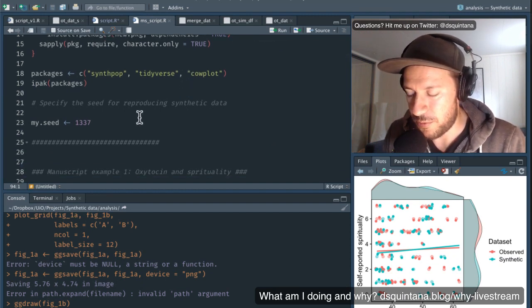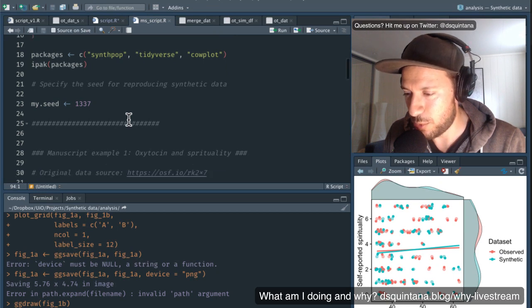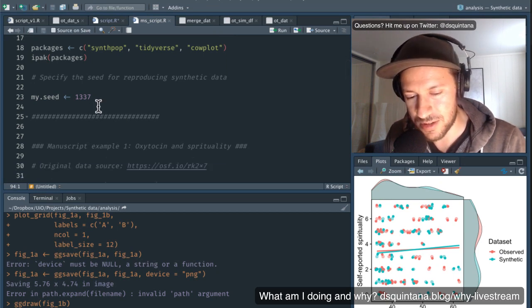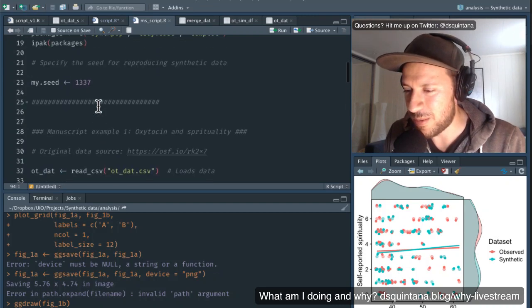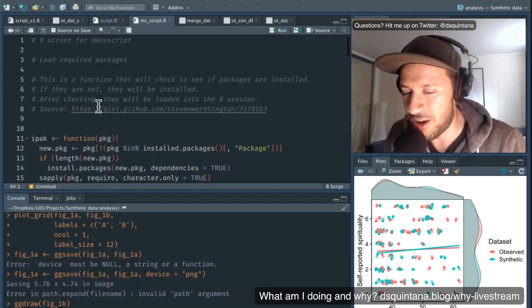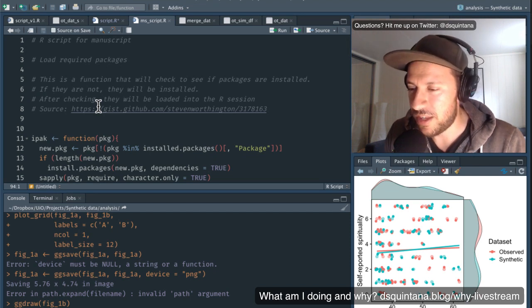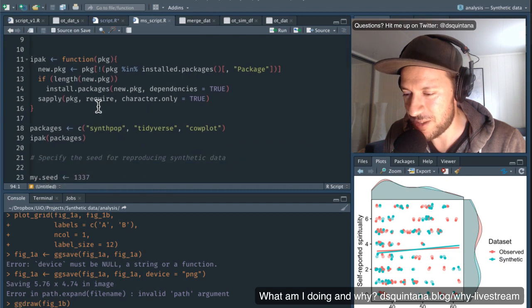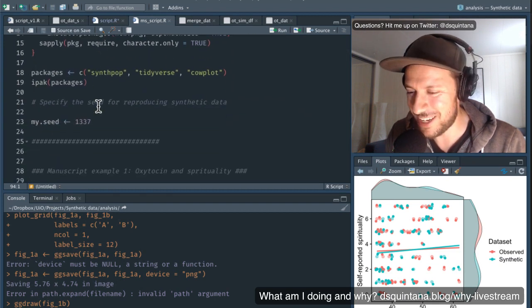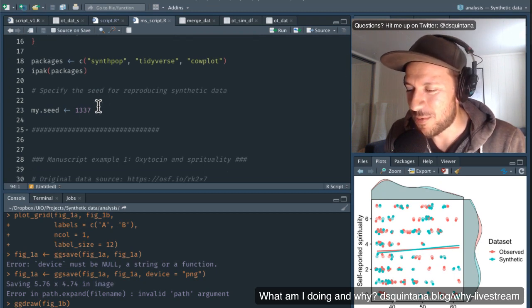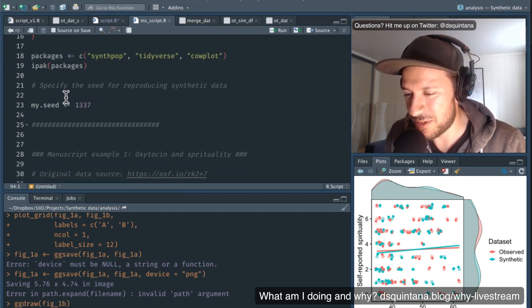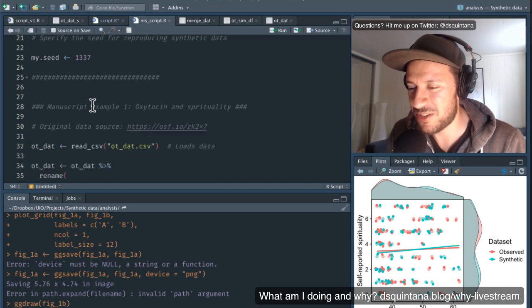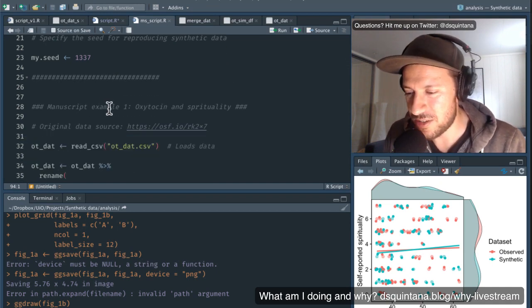Okay, for our particular script here, importantly, we're going to set a seed so that the data synthesis can actually reproduce. And I'm trying to comment as much as possible. I remember what it was like when I was learning R, finding how difficult it was to follow what people were doing. And particularly, you'd see a line and you'd think, what the heck are they doing here? So as much as possible, I'm trying to actually explain everything that I'm doing. So here, I'm specifying the seed, and then here I'm actually labeling that this section is looking at